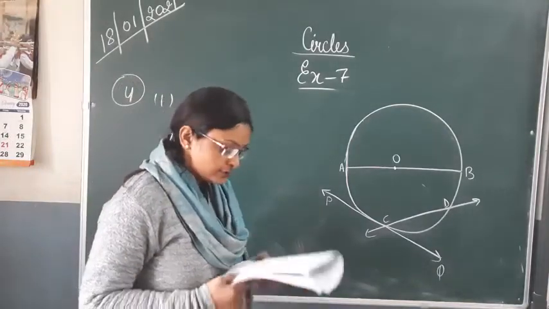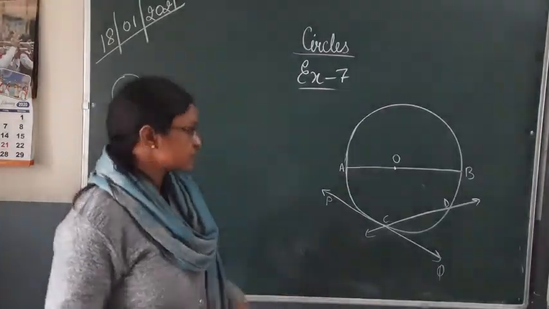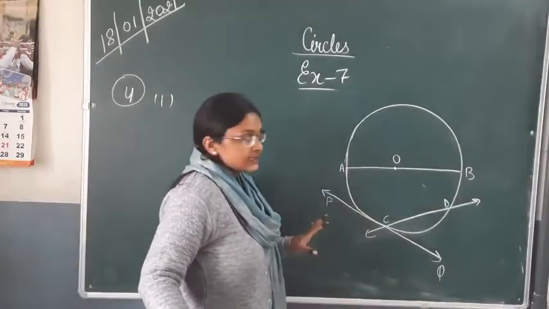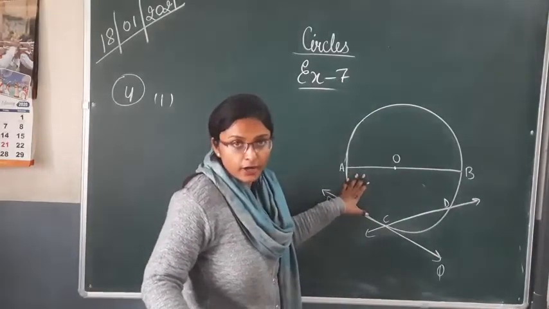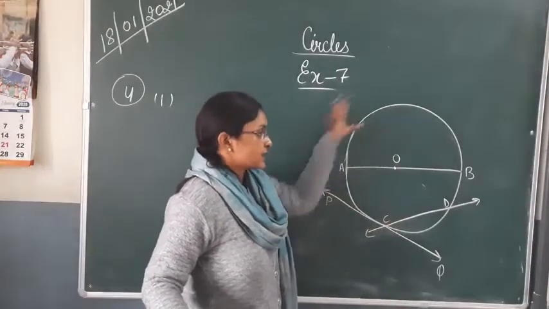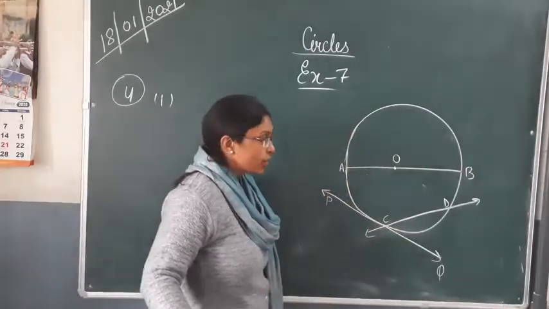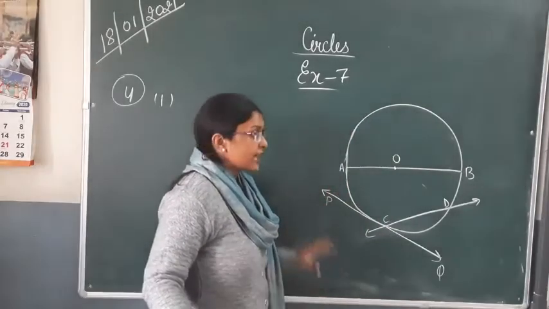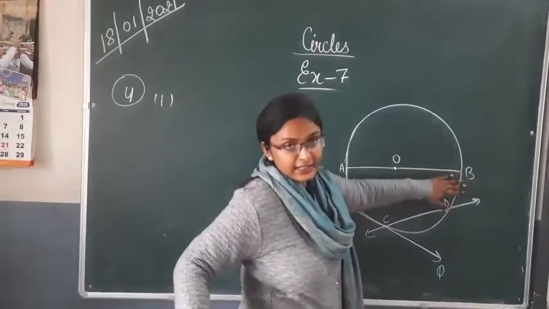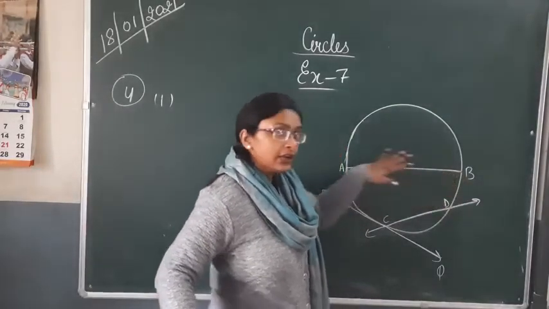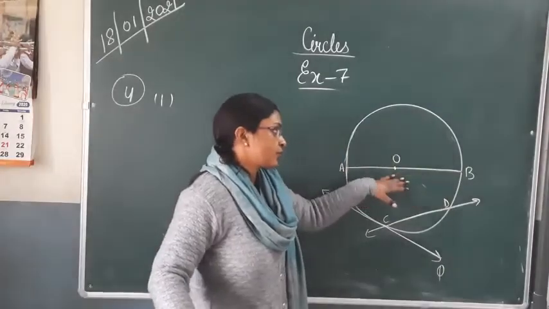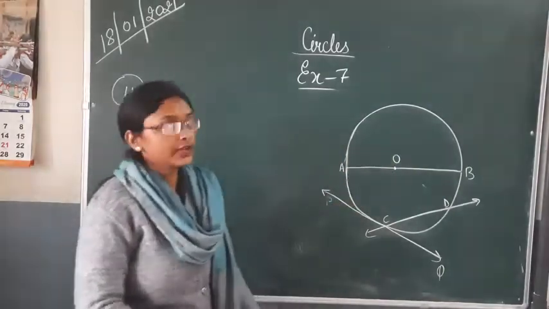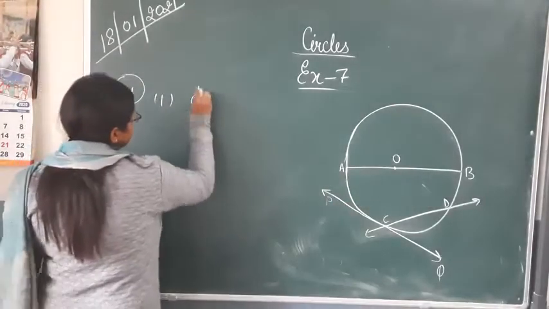Okay. So first is the line segment AB is called. This line segment AB is called. As we can see that it is the largest chord of the circle. Now, if this is a circle, then AB will be the largest chord of the circle. You are aware that the largest chord is known as the diameter of the circle. OB is the radius of the circle. Double of OB, meaning OB plus OA, will be known as the diameter of the circle. So we have to write diameter.